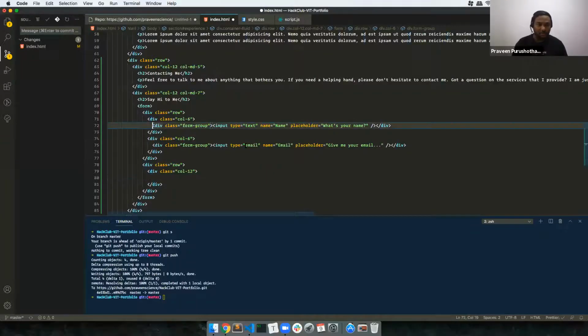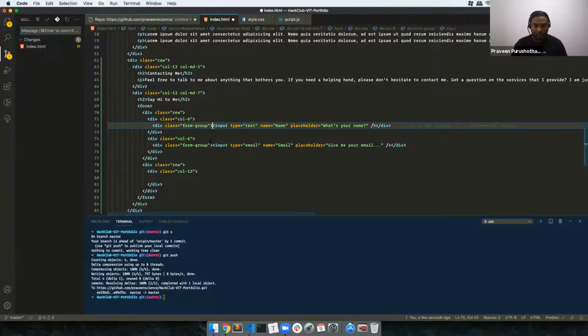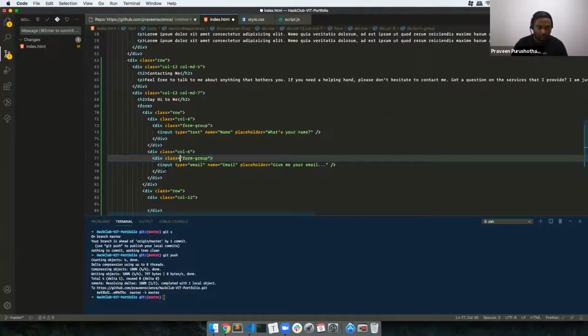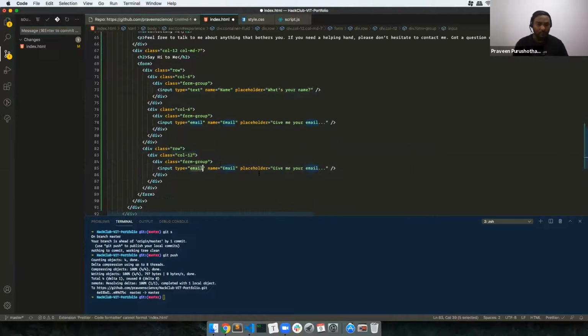And then I need a subject. So I'm just going to copy this whole thing again. Form group again, text, name is subject. What's it about?